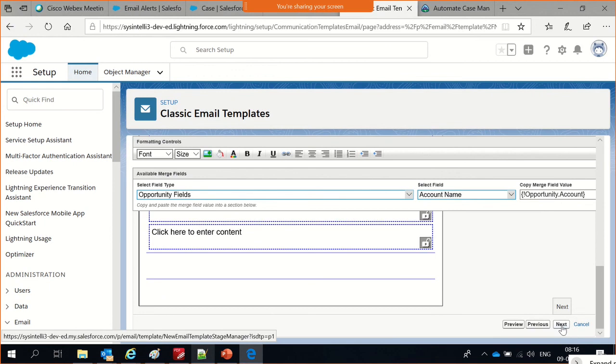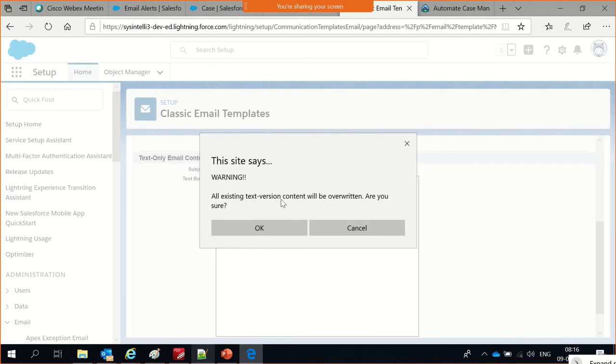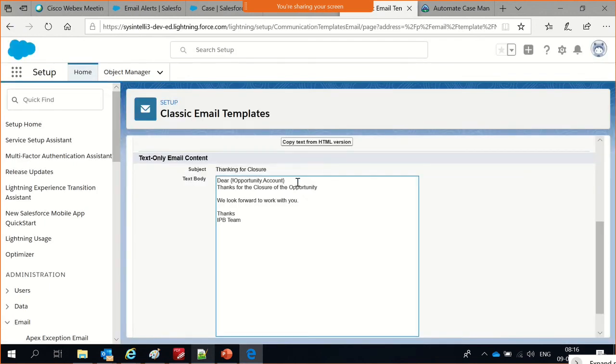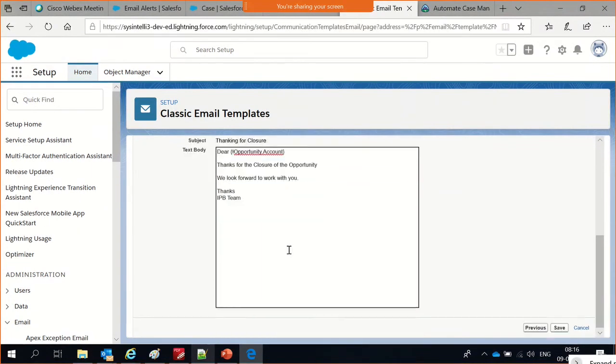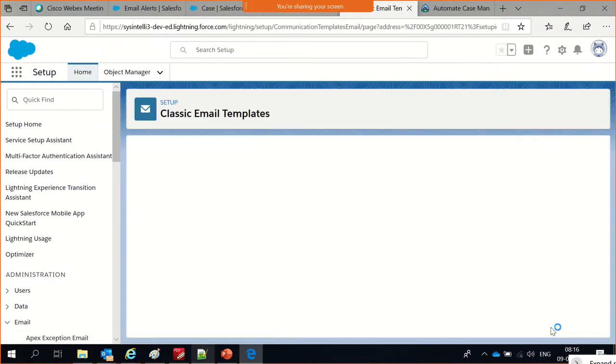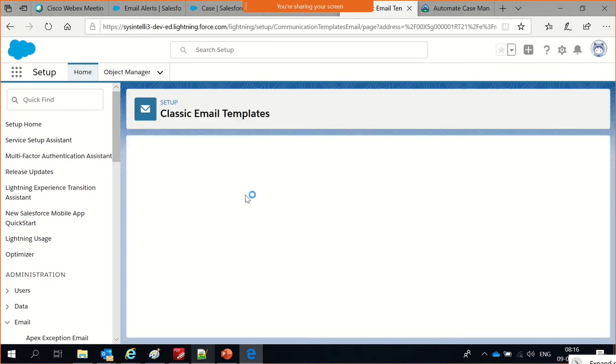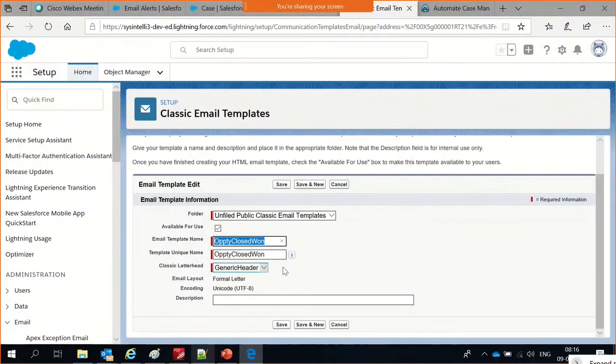So next, copy text from the HTML version. What I want to do is reiterate again and save it. Let me clone this again, and I will create one more where I will say for time-based workflow,